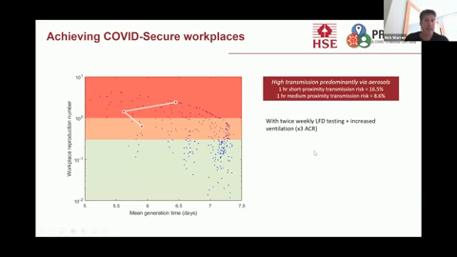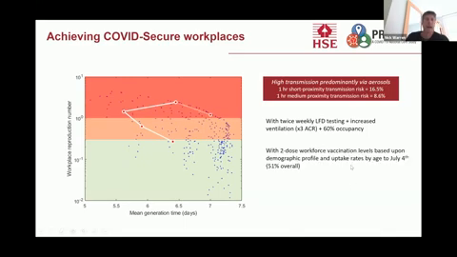If we add on increased ventilation, threefold increase in ventilation rates, we get into the orange region where workplace outbreaks are perhaps unlikely, but we're still making a significant and too large a contribution to societal transmission. If we introduce 60% building occupancy, so that's working 3 days a week on a rotational basis, then now we're down under 0.3. And if we had a partially vaccinated workforce based upon